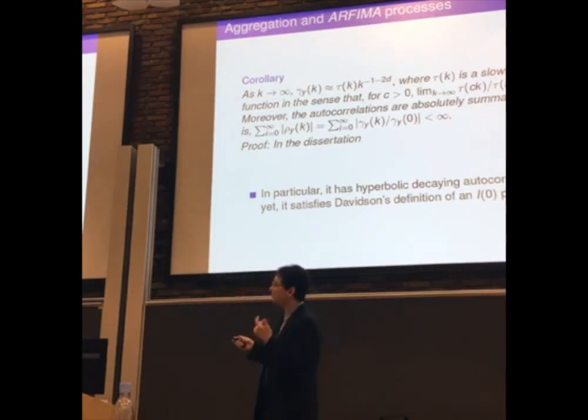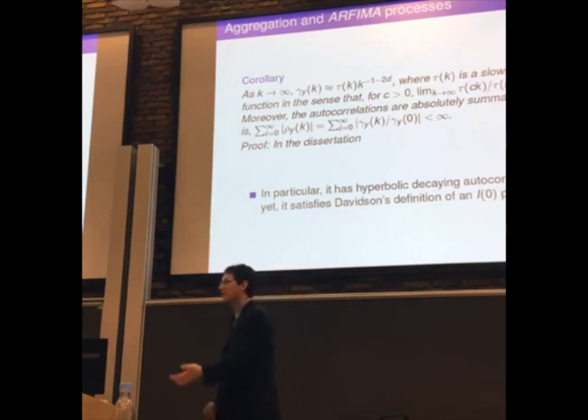So they seem to go slower, let's say, but they are summable. So they still go fast enough that they are summable. So they still are an I(0) process. So yeah, yet they are not a normal process. So it's a different process that we're dealing with.